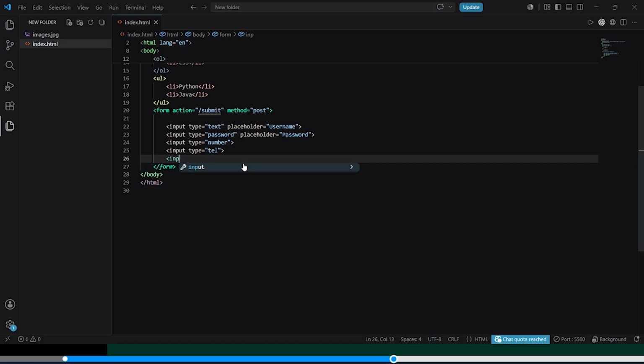Okay, now input type equal to radio, name equal to gender, and then you can close the tag. Which type of radio button do you need? Most radio buttons are used when you can select only one option, like male or female or others. So I can write male, and then